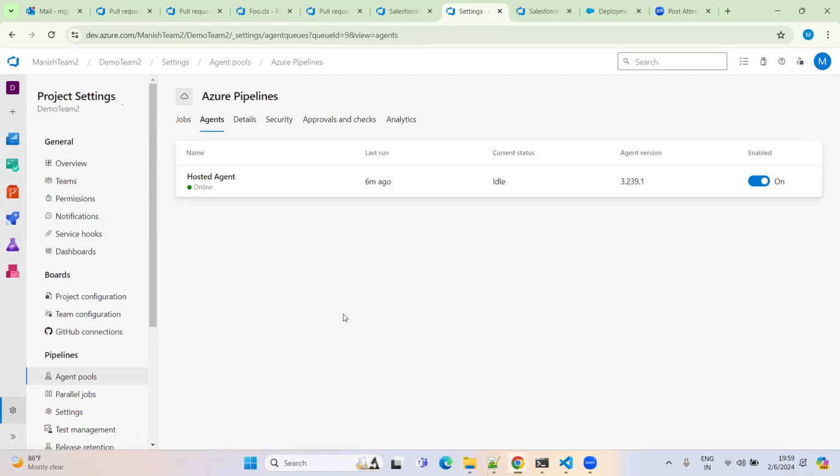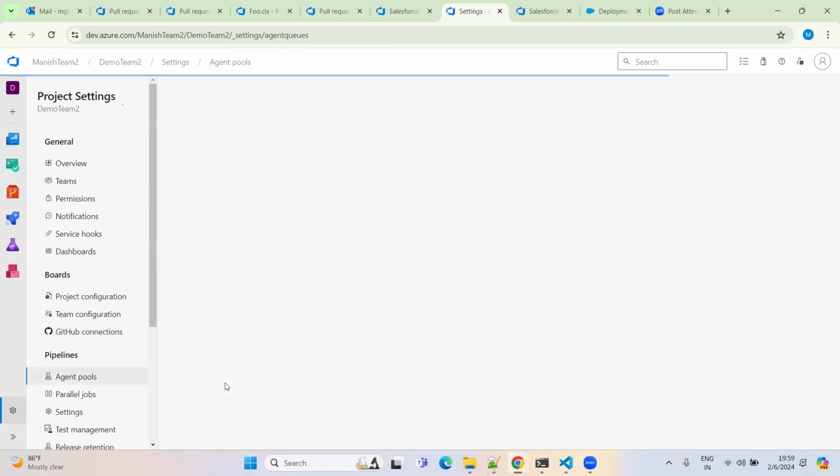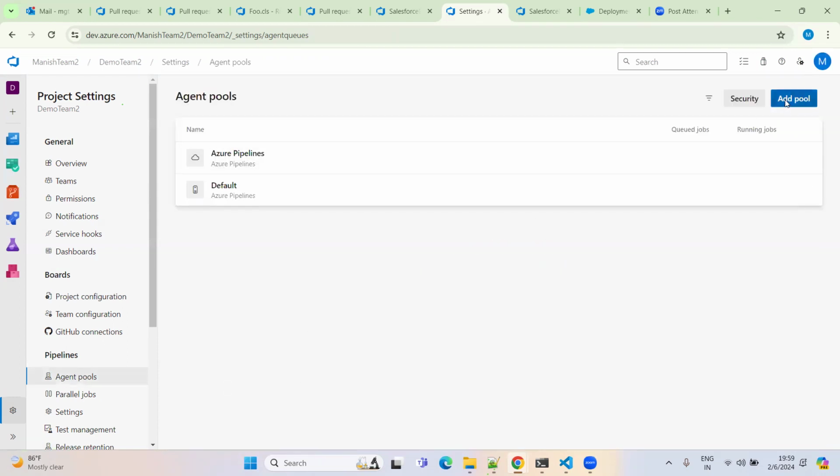You remember I submitted one form. After a few days, we got this approved, and then they assigned me one agent. If you want more than one, when we work on a real-time project, then we need to buy agents. We can add multiple pools and all. There is a separate process, a very small form that we need to fill. That is again some admin part of Azure DevOps. Okay,